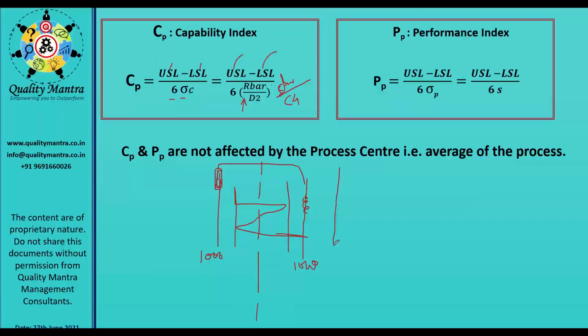So if you check, this is the data we have, the normal distribution, and this is your center. So actually this doesn't take care of the center. It is the LSL, it is the USL. It will tell you where you are moving, but it does not tell you the exact value. You will get the same value for this behavior, for this behavior also, and for this behavior also. Just a minute, let me clear it.